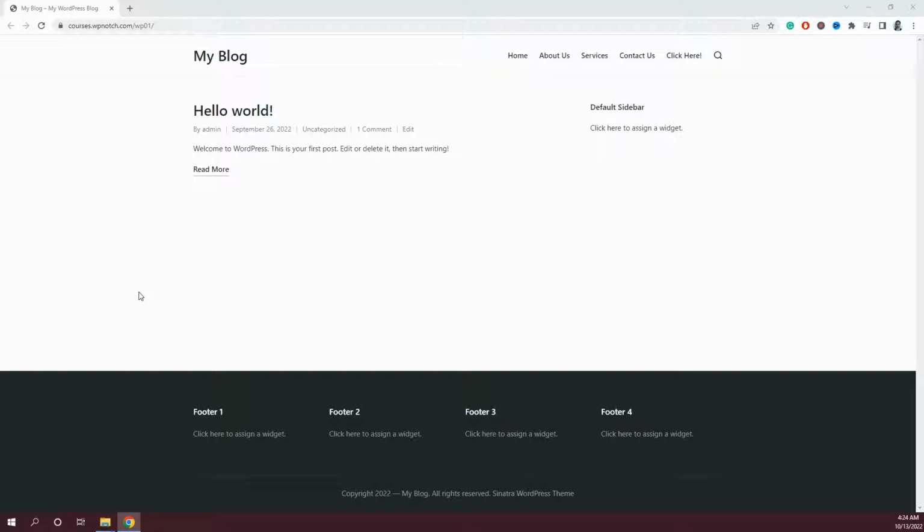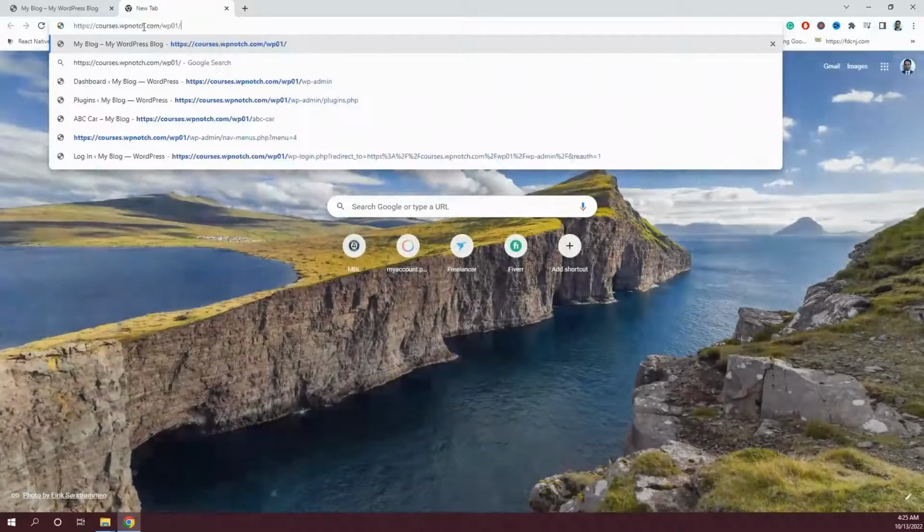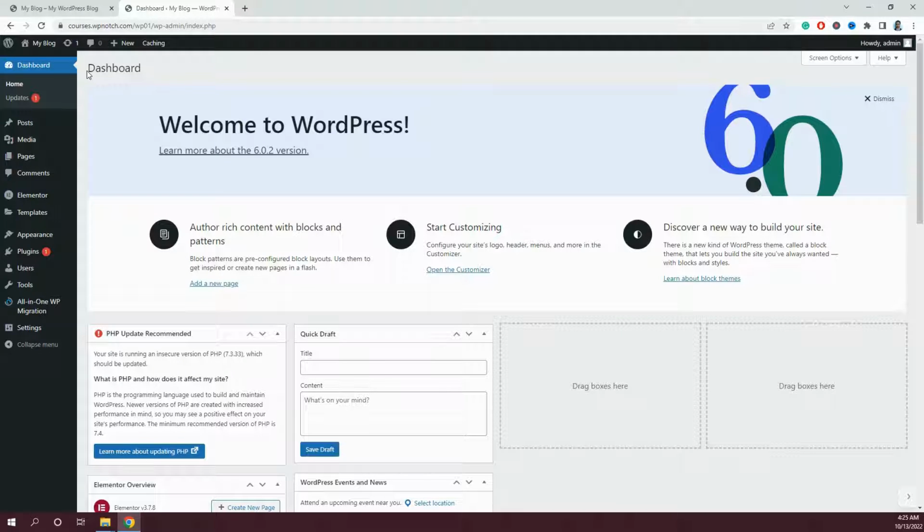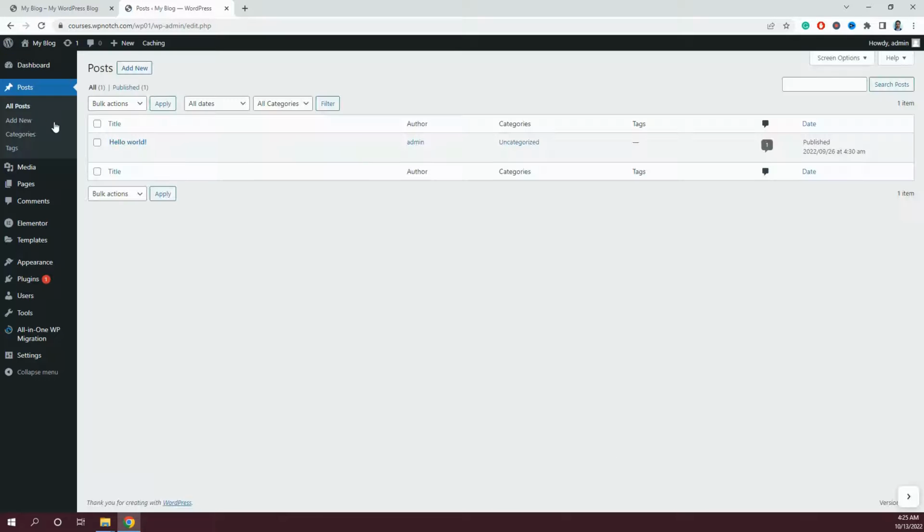So this is the website where we'll learn how we can add or edit posts in a WordPress website. First of all, we'll log into WP admin of this website. For that, I'll go to WP admin here. After you are logged in, you'll be redirected to this dashboard. We'll go to posts, and now first we'll try to add a new post. For that, we'll click this add new button here,